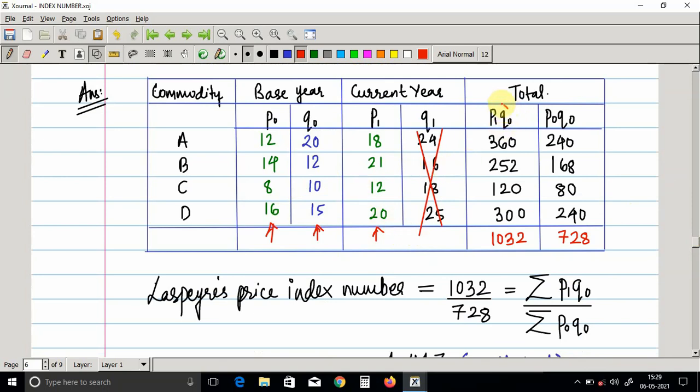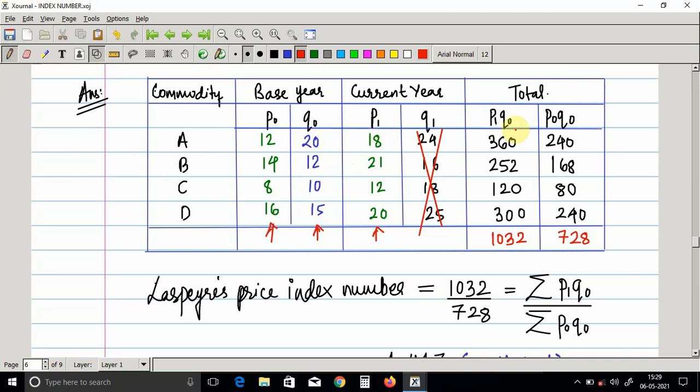Now you have to understand what this column is. This column is the multiplication of current price with old quantity. So it means: what will be the bill, what will be the amount you have to pay for the previous quantity you had purchased, with the latest rate. What will be the bill amount with the latest rate and old quantity.